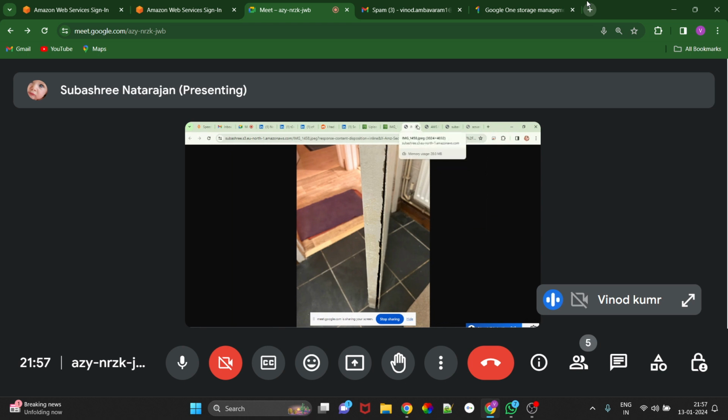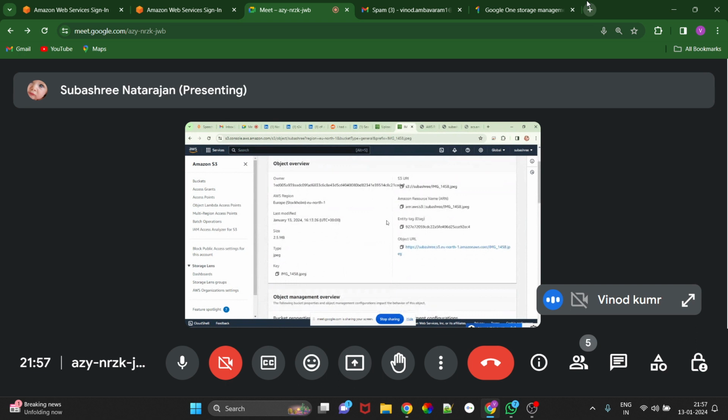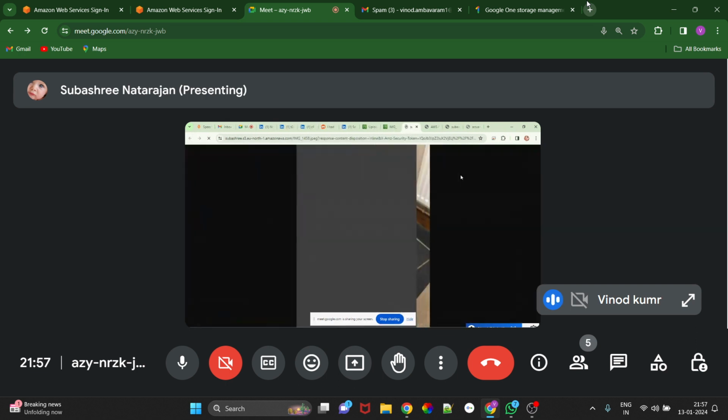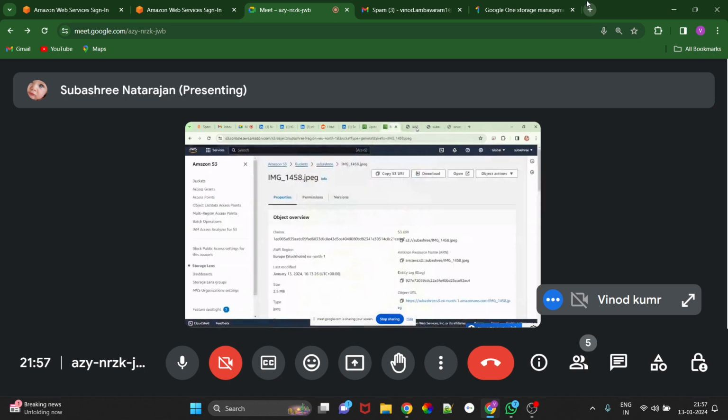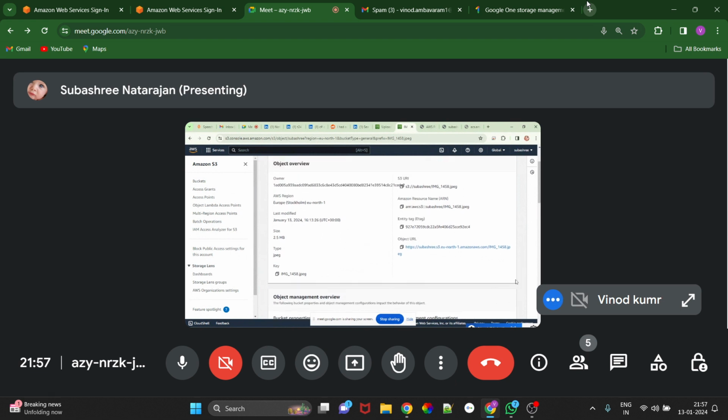So like this, if there are multiple images, we have to click the image and click on open, then we can see the data. It will take us to the other page and show the images. So if you keep your photos or anything else, you can maintain it in the S3 bucket. Yeah, the token ID is missing, that's why.